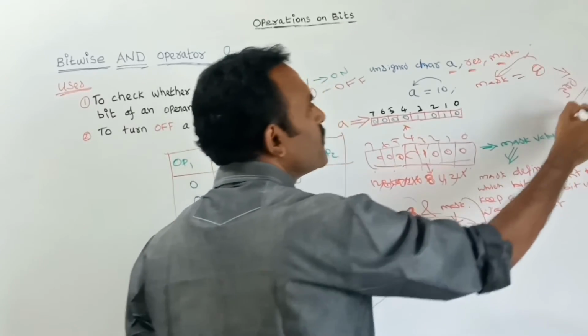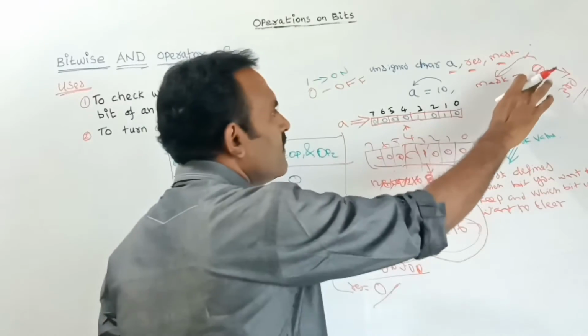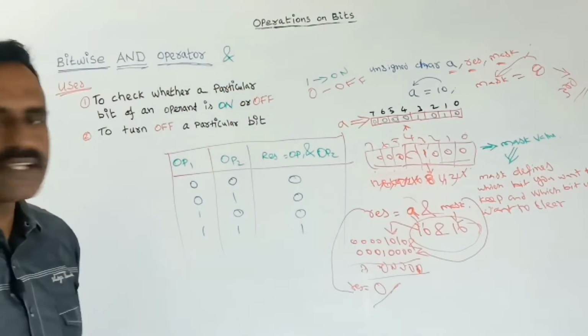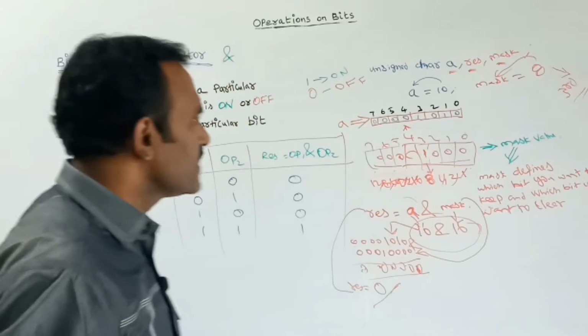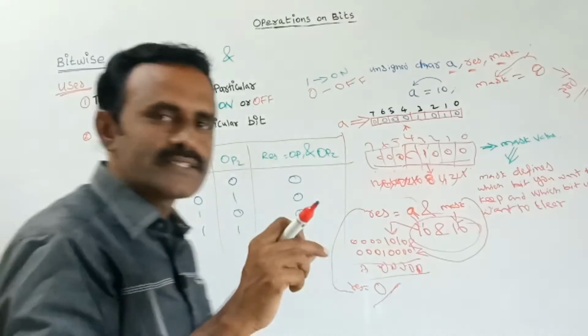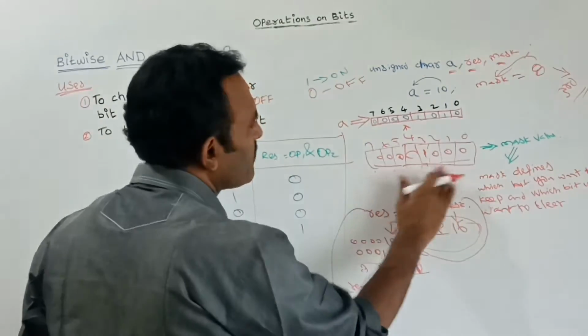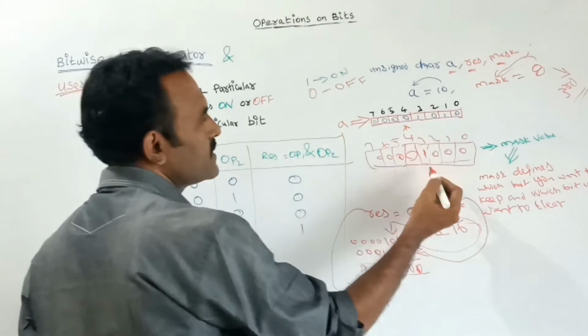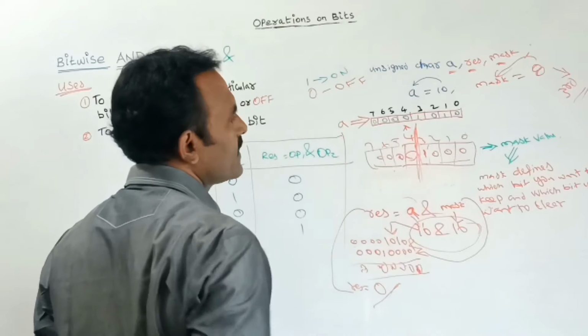For finding the third position, this is the mask value. We can give the decimal value, which you should remember. Otherwise, we can give the hexadecimal value also. What is the hexadecimal value for this one? You already know how to find the hexadecimal of a binary value. Here, this is the binary value for finding the third position, that is 8. Hexadecimal we can convert like this.